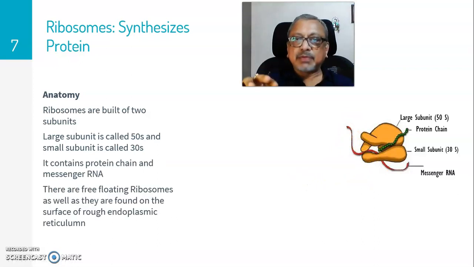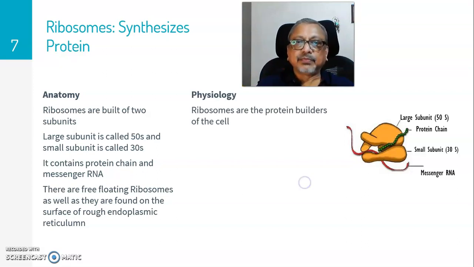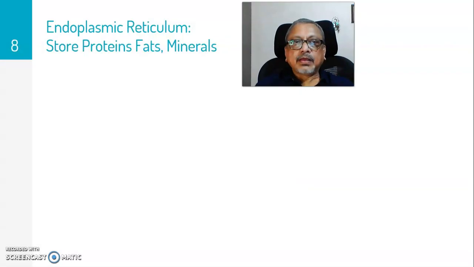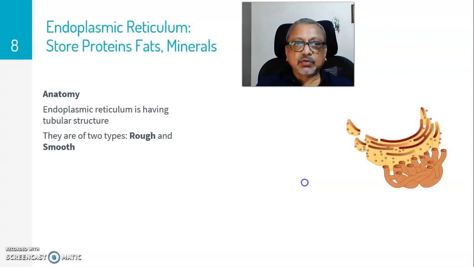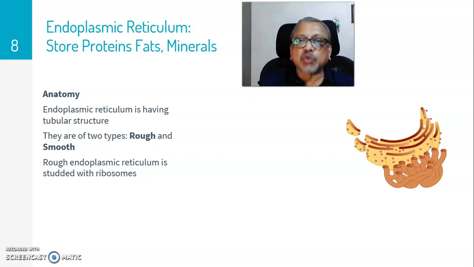There are two types of ribosome. One is freely floating inside the cytosol. The other is the ribosome found on the surface of the rough endoplasmic reticulum. So, let us now understand the endoplasmic reticulum, rough and smooth both. Rough endoplasmic reticulum is surrounded by ribosomes, which is why its surface is rough. They manufacture proteins. Once the ribosomes manufacture protein, it is stored inside the rough endoplasmic reticulum. So, rough endoplasmic reticulum acts as a storage vessel.